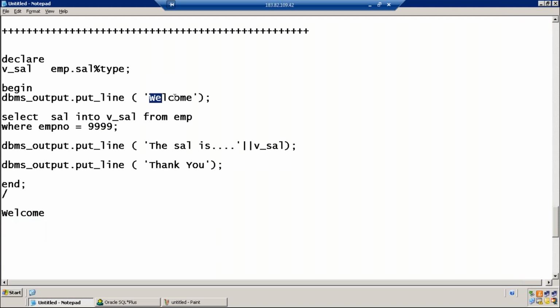First, Welcome is printed, no doubt, because program execution starts from begin. There is no employee number 9999. The employee number is not available in the employee table. So, welcome, and then the sal will not be there anyway. Welcome and thank you.